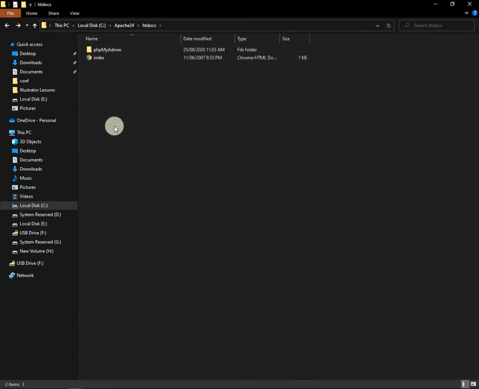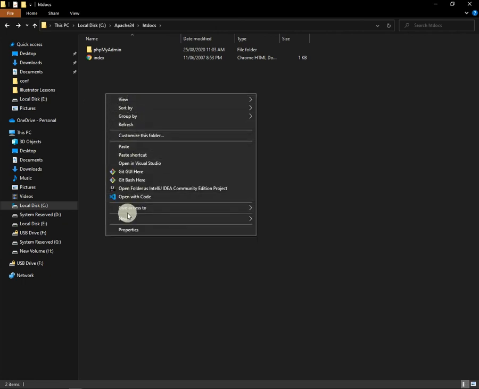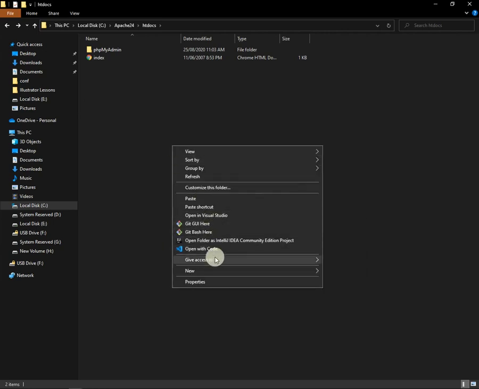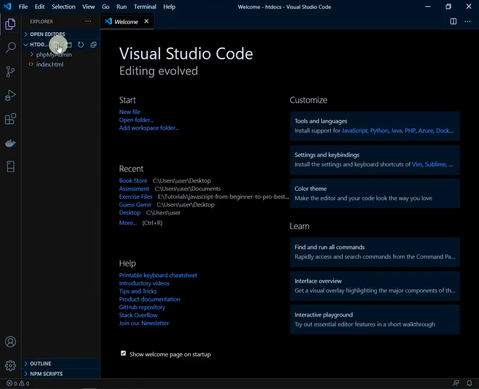Okay, and we can also just create a new file, maybe somewhere here, just to test our PHP. So I can create a new file. Let's just open this with code, and I'm going to add a new file here. I'm going to call it index.php,